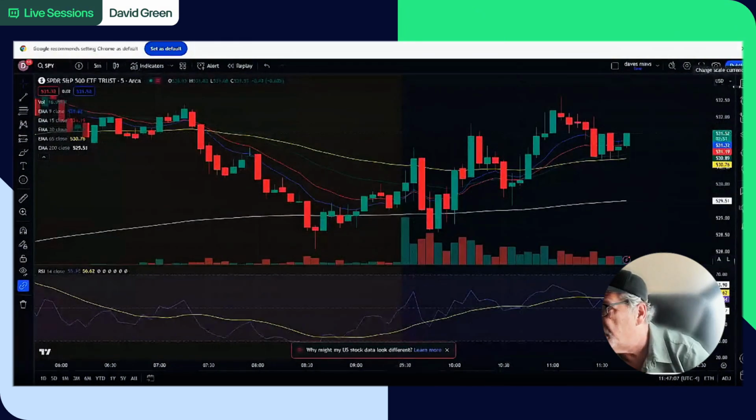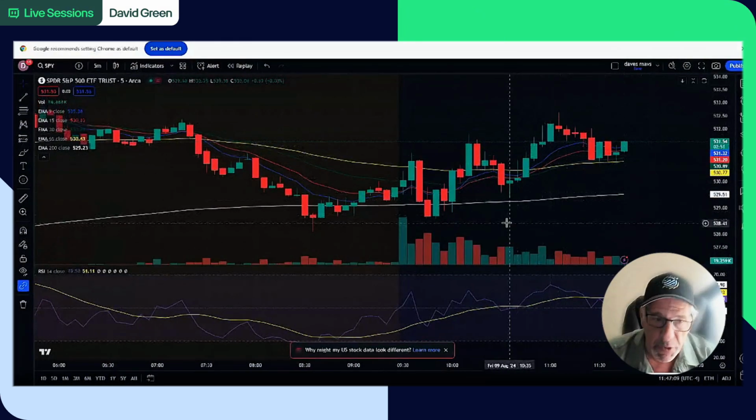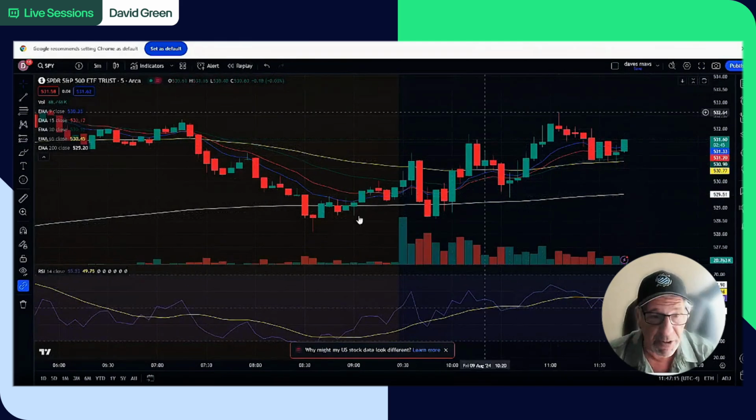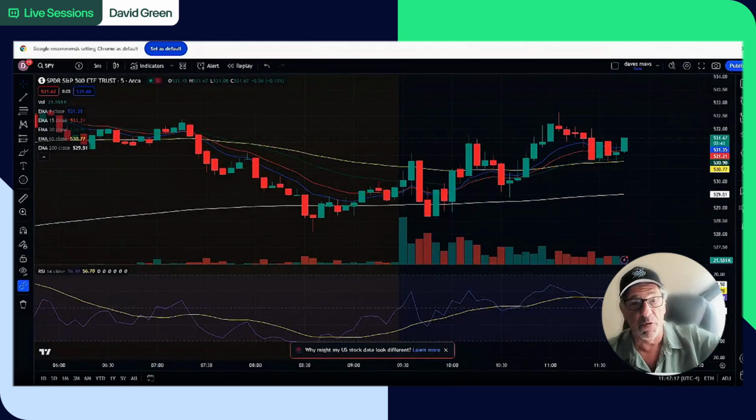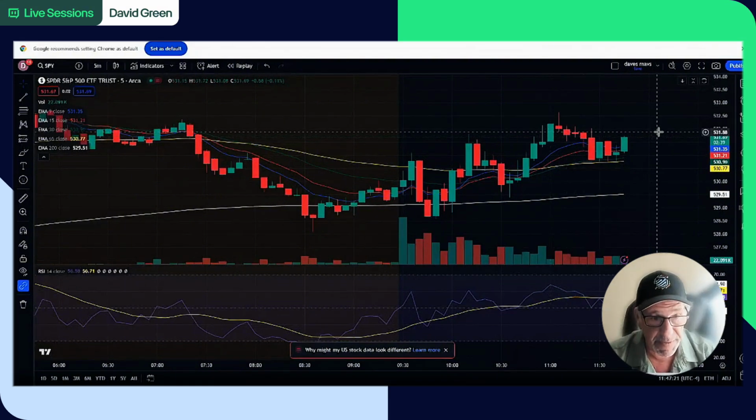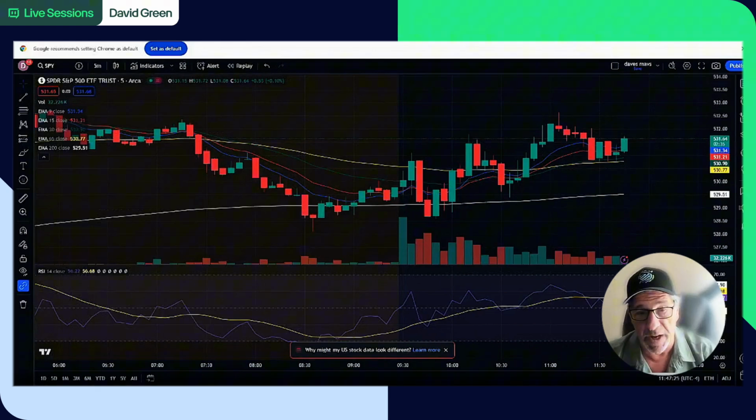Okay, so we're sitting right around this 531 level, which is a little daily resistance level on my longer term charts. And we're hanging around and having a little trouble here. After this gigantic move up, it would be healthy if we can consolidate here a little bit, okay? And then start working our way back up towards, hopefully, new highs.